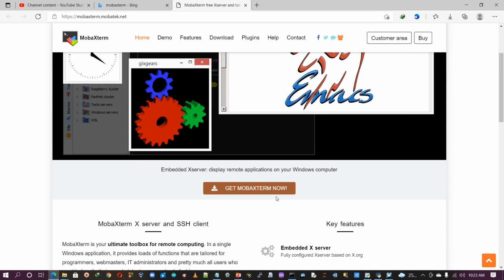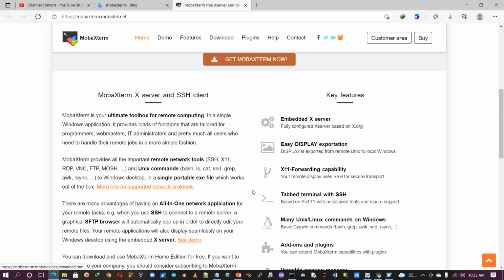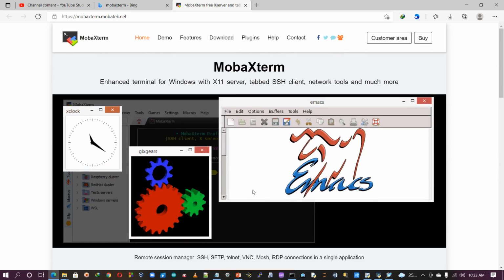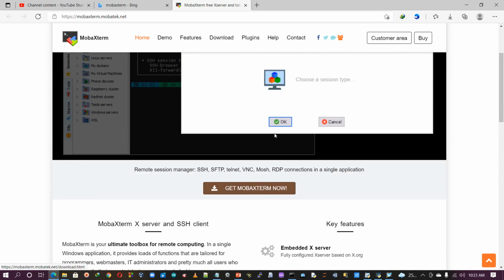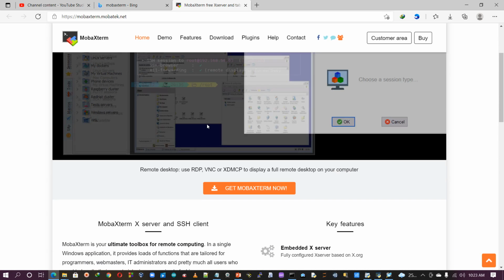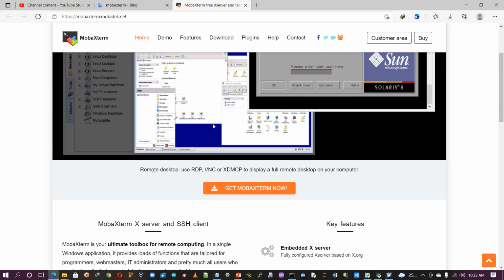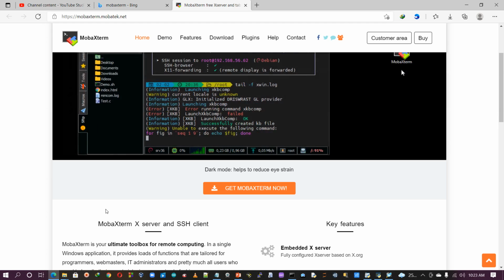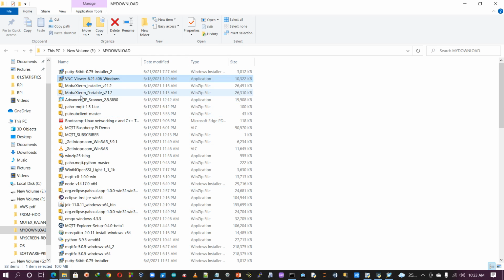So here you can get that one. I am not downloading it, I already have it available. This is the way, and it is very user friendly. Definitely you will enjoy this one in comparison to PuTTY and the previous one. Okay, so this is what MobaXterm looks like.